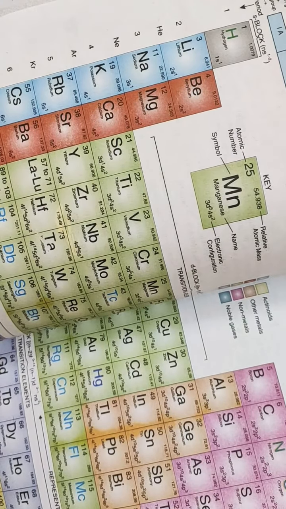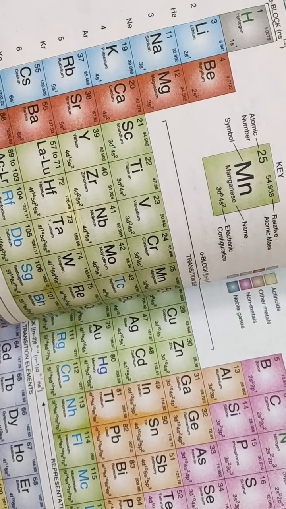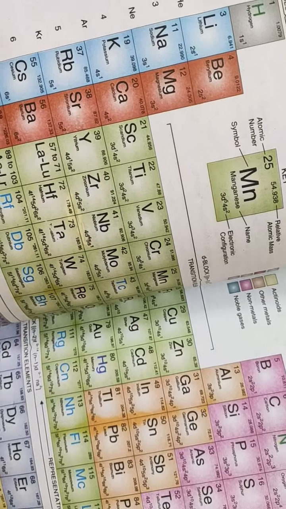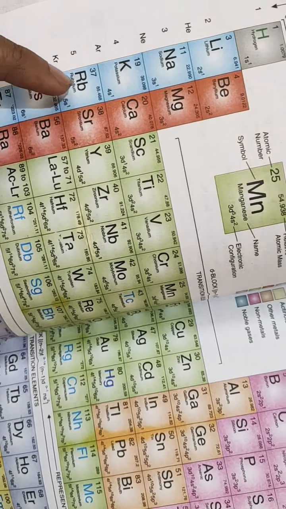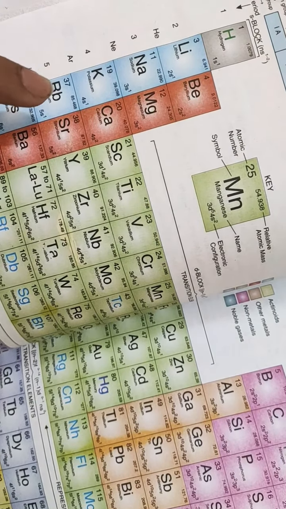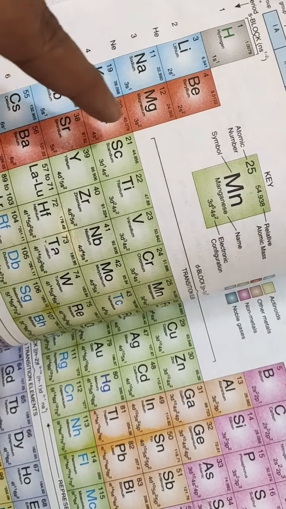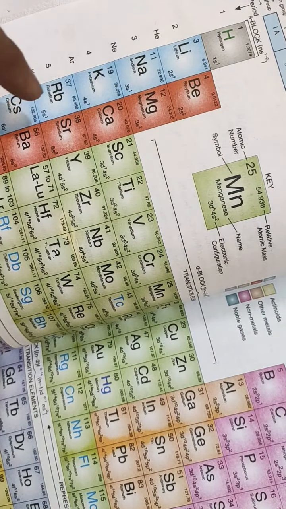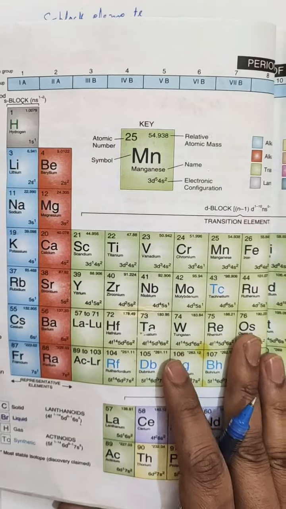First of all, the periodic table is divided into different blocks like S block, P block, D block, and F block. So this is the S block. See, these two groups consist of the S block. Here it has been written that this is the S block. There are horizontal lines and vertical lines. Vertical lines means the erect lines. So this is the actual periodic table.